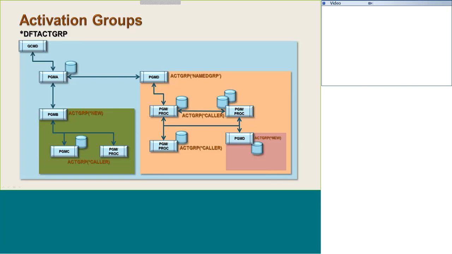And this is why, if you want to use activation groups, it's a good idea to think about what you want them for and how you're going to construct them together. Because consider a situation where this program here calls that one there. Remember, this is a named activation group, this orange one. Therefore, it would still be open